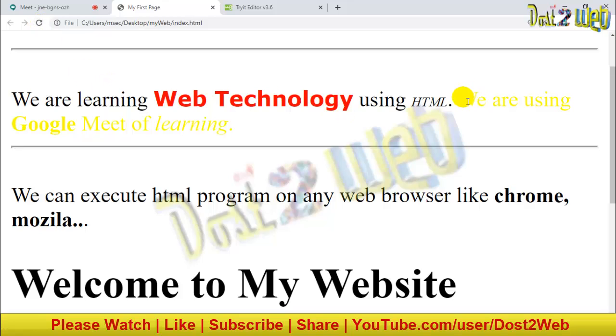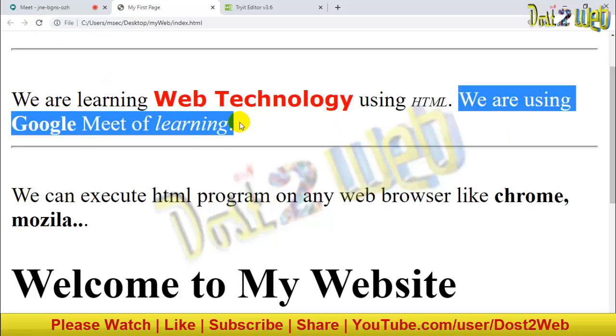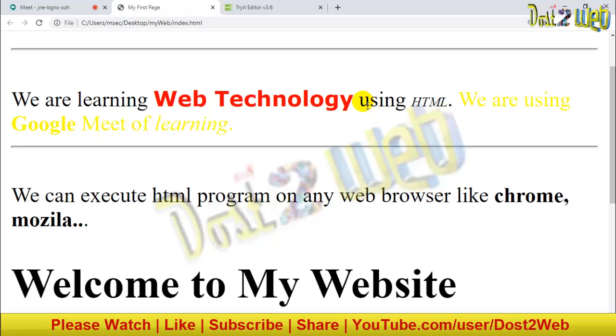Can you see that yellow color, and the font is different. You can see the difference between this and this. Like this way you can use it. There are so many different font varieties. You can use whatever variety you want. Even if you want some other format, you can. There are so many font formats. You can use any font format, whatever is installed in your PC.